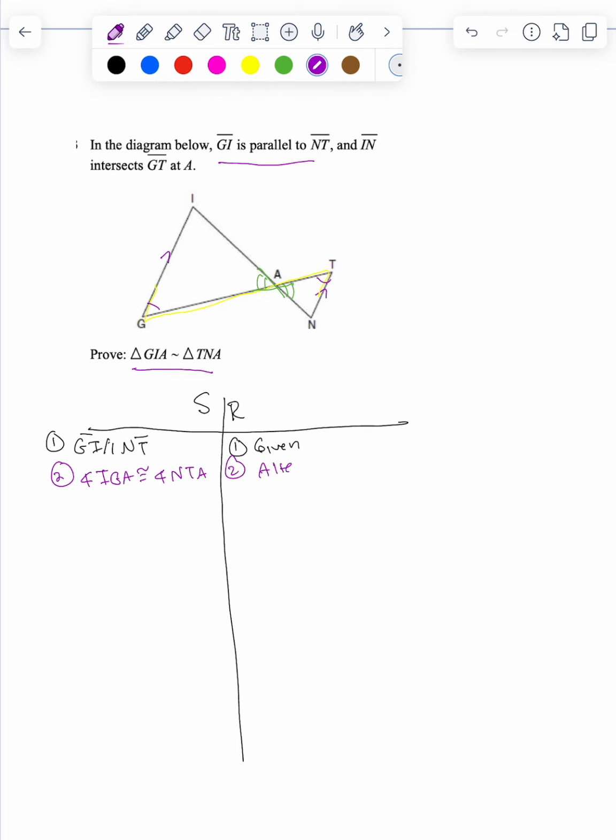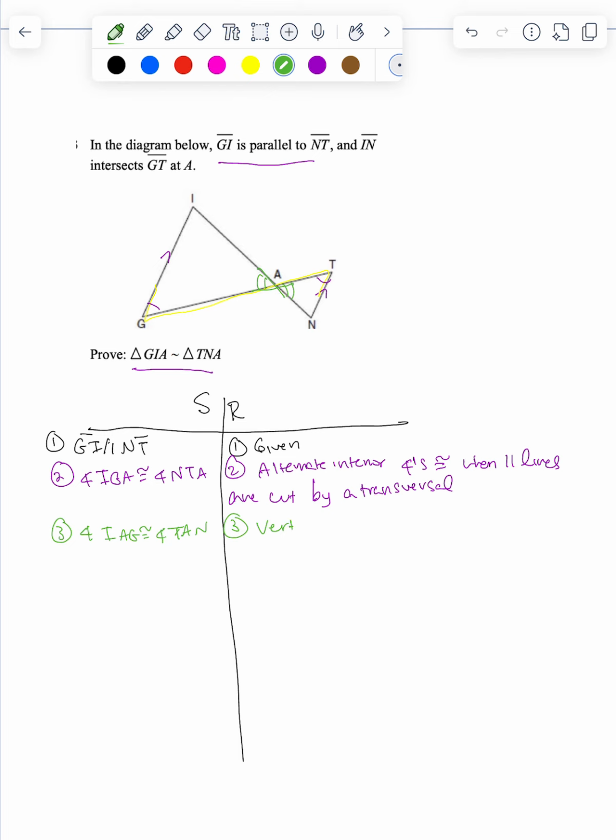And our reason is alternate interior angles are congruent when parallel lines are cut by a transversal, and then I can say angle IAG is congruent to angle TAN,